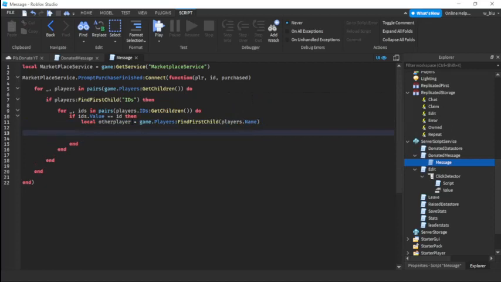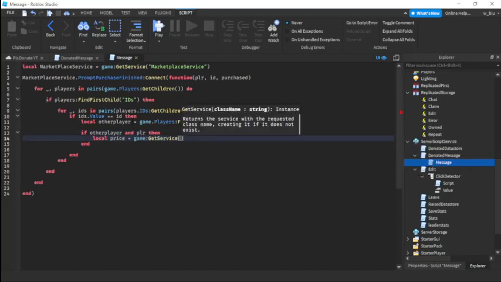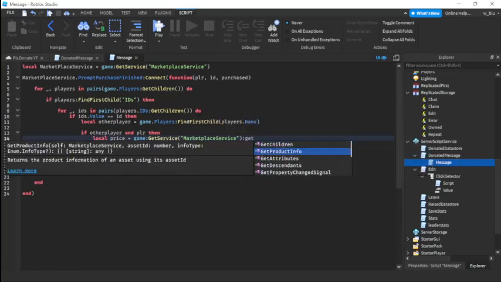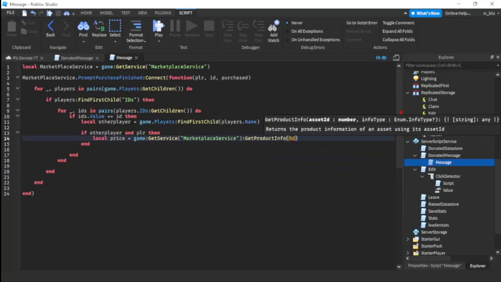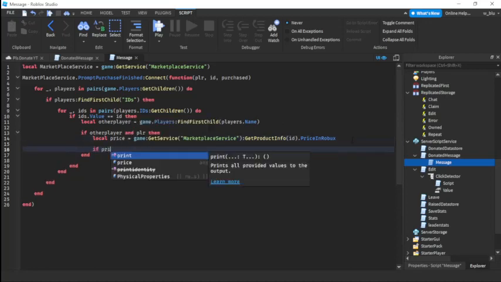Now we're gonna do if other player and player, then we're gonna do local price equals to game get service marketplace service get product info over here, get product info ID dot price in Robux. Okay. Then we're gonna do if price, no, not if print, if price, then